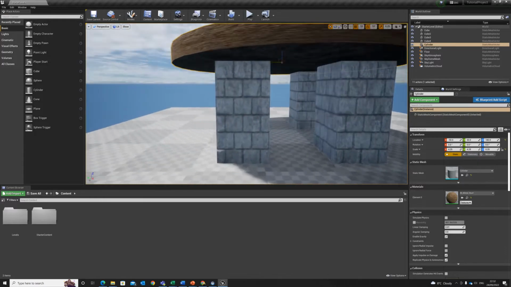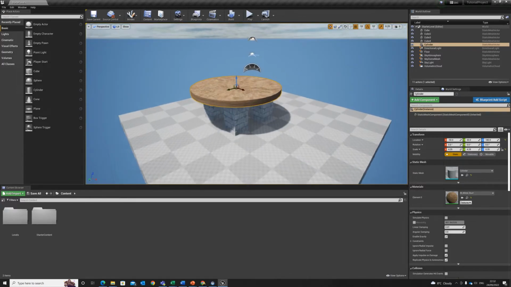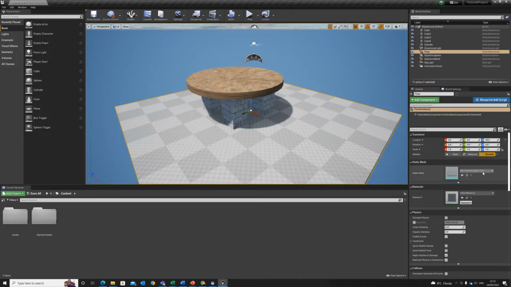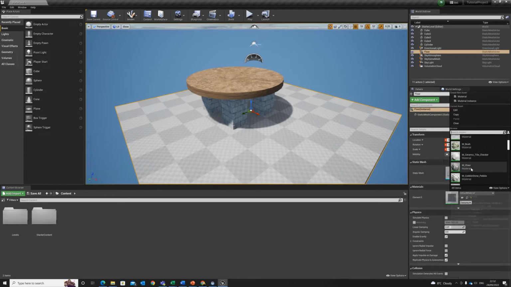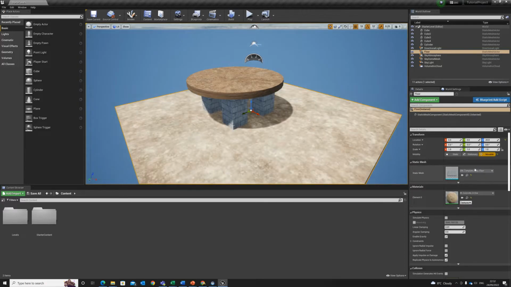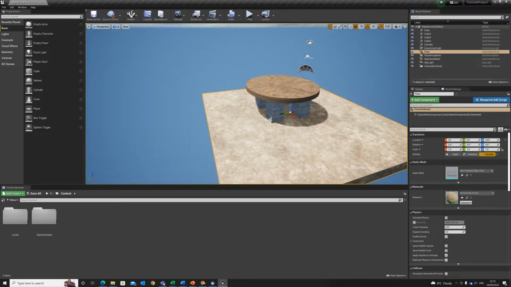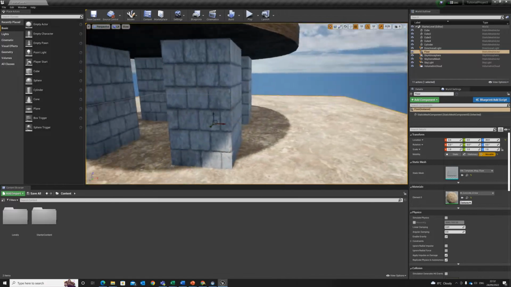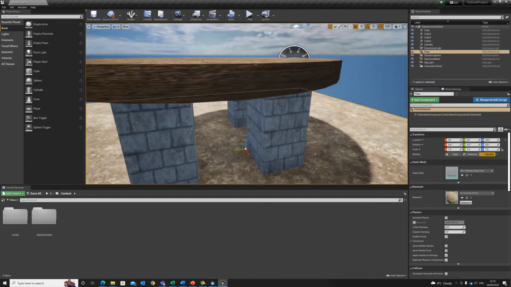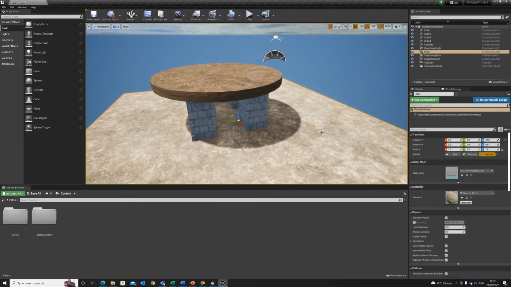So here we go. I've got 4 pillars, a platform, and the floor. In fact, let's change the floor as well. What's that? There we go. We've got a very basic scene in front of us. So before we move on and do something more complex and make something that we actually want to make,